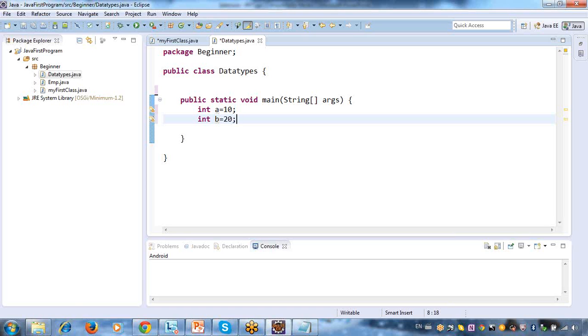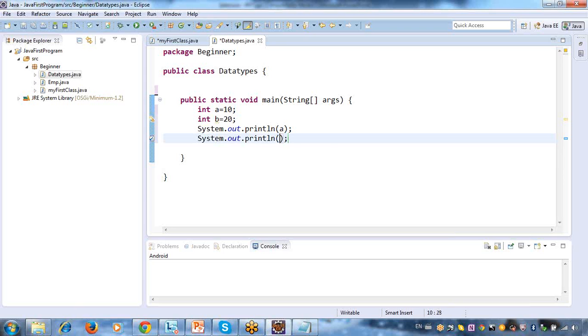When you are trying to store an integer value, the data type should be integer. Now if you want to print your value, I'll say a, and your a value will be printed. Then b.